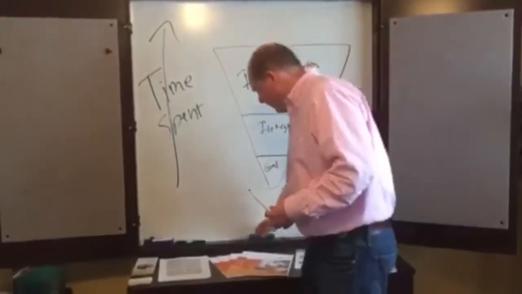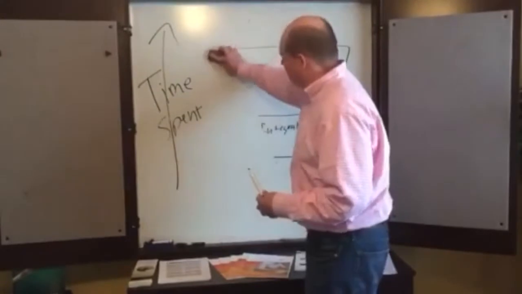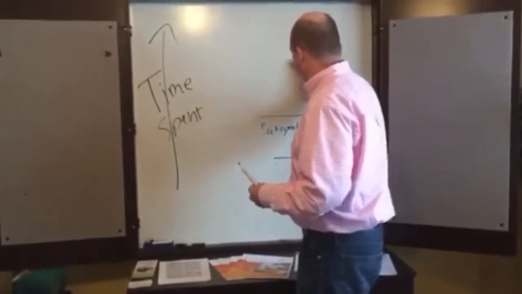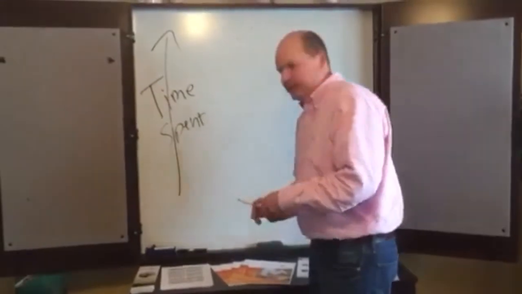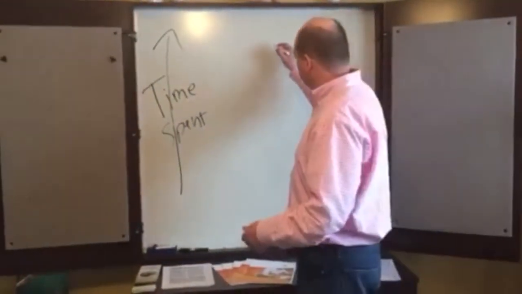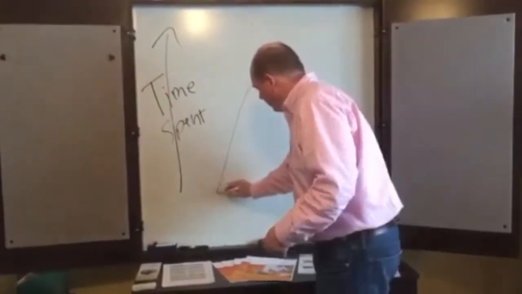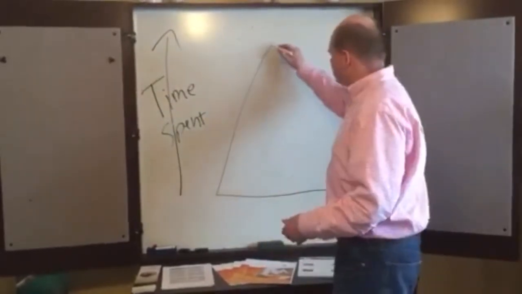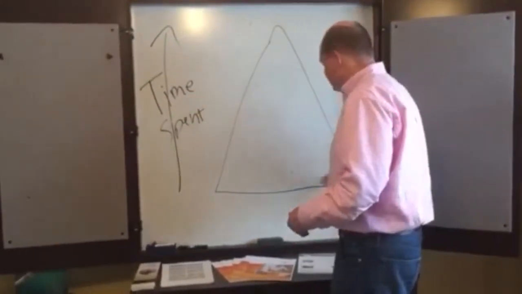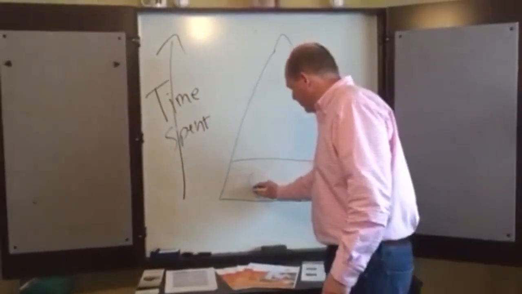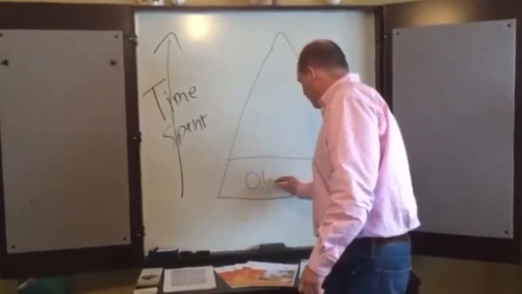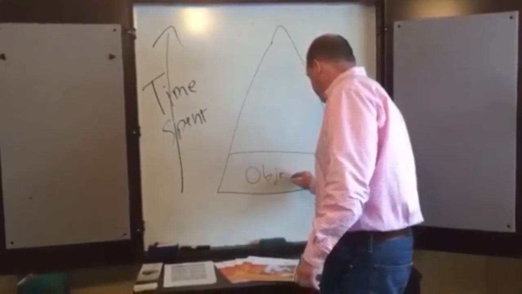But for most of the time when we're doing special needs planning or traditional financial planning or elder care financial planning, we take that whole process and flip it upside down. We don't get so much caught up in commissions and fees as we do in the process. So our pyramid looks a little bit like this, and this is one where we spend a lot of time down here in the objectives phase of the game.